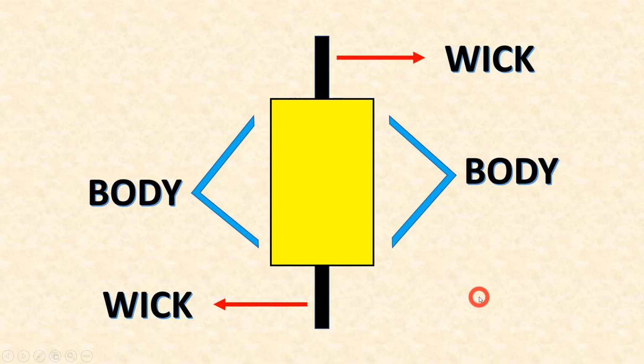Let's move on now. Here you can see a typical candlestick on your screen. We can quickly point out two major components here. One is the wick that is formed on the upper side as well as on the lower side, and the body of the candle. Further in this video, we will see how a wick of the candle is formed and what are the cases where there is no wick in the candle body.